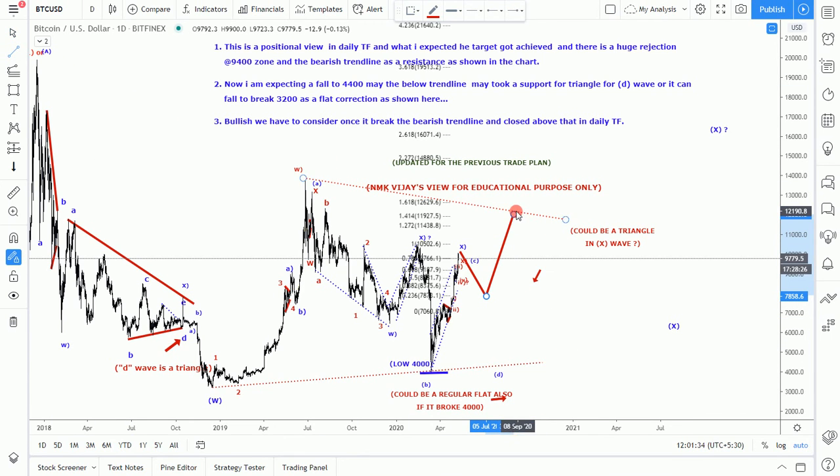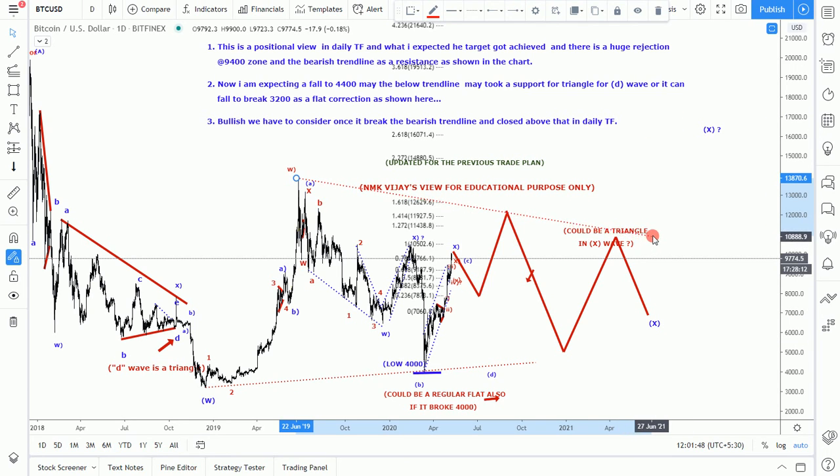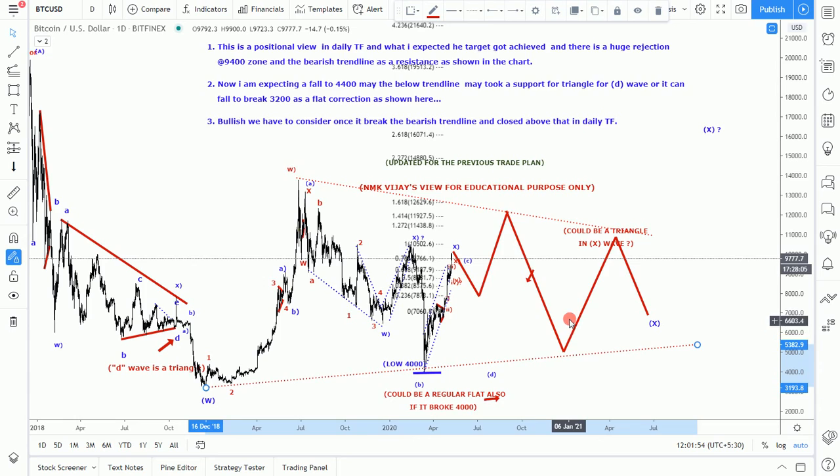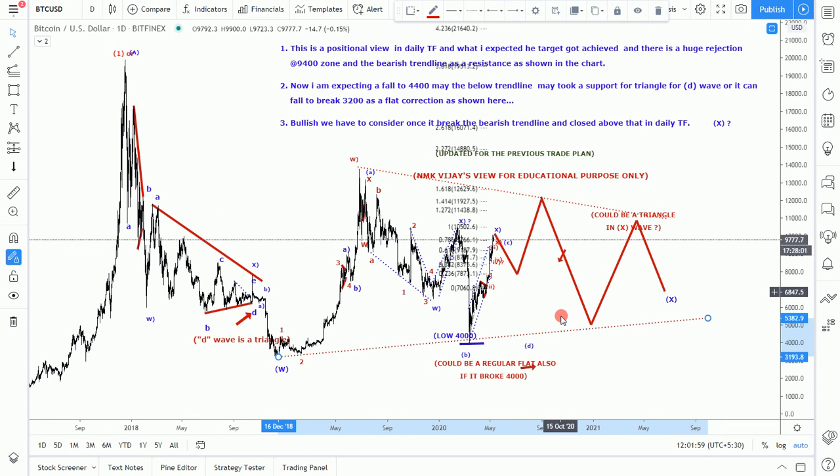This is what happened in gold also. Everybody was looking for the downside, and it broke to the upper side. So we need to be very careful if it is making a triangle consolidation, because it could be buy accumulation. So don't be so smart. The market is smarter than you. So we have to look at all sides. What are the possibilities? If it is a W, X could be an